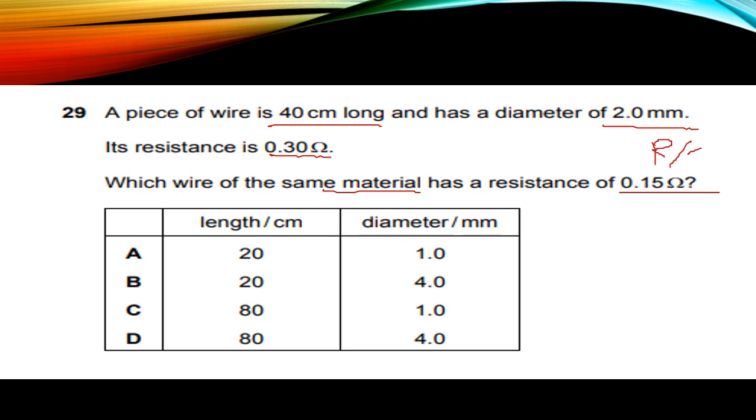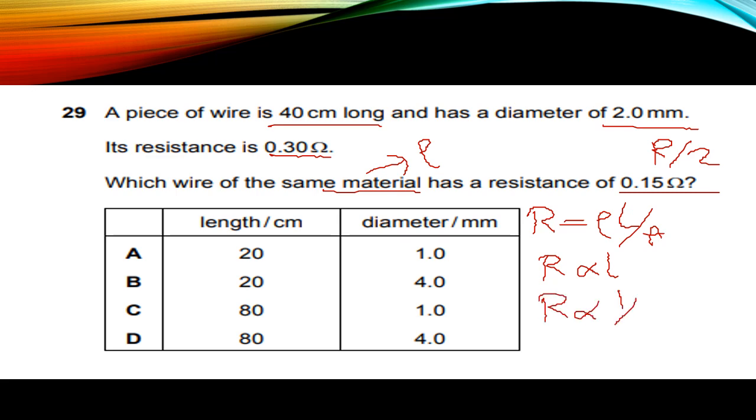That means that the resistance has been halved. Now, because the material is the same, that means that rho remains the same. Now, we know the relationship R is equal to rho L over A. And from this, we know that R has a direct relationship with L and R has an inverse relationship with